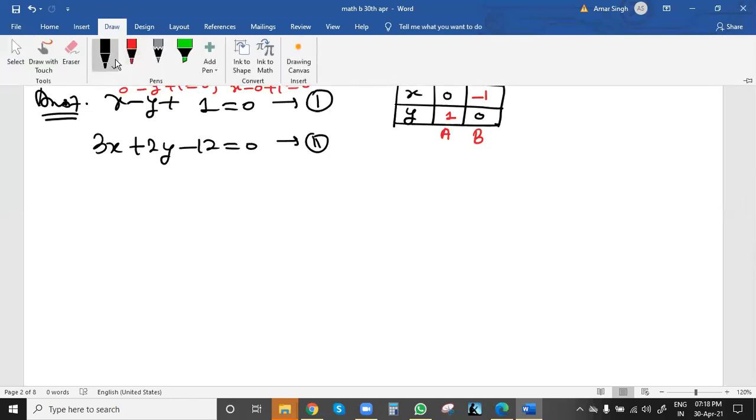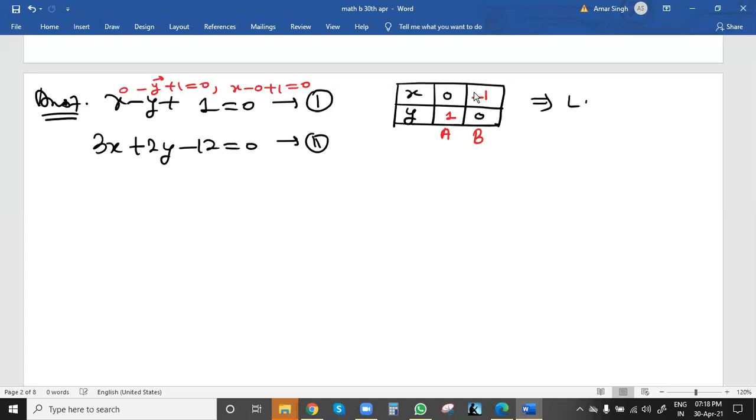So from here now we can say this will give line L1, and for the second line L2, we can get points from the second equation, that is x and y values. Again same thing, take x as 0 one time and y as 0 one time. Very important points. And these lines are also drawn very easily.